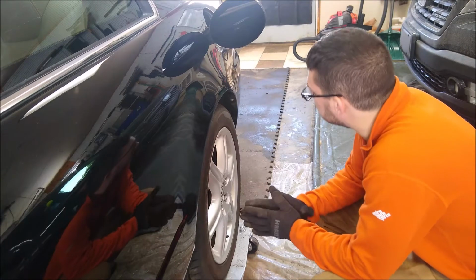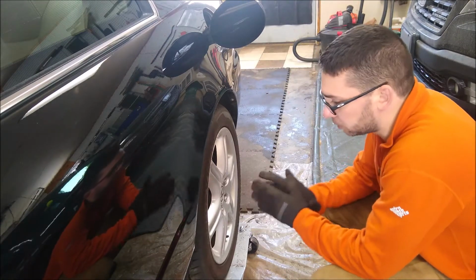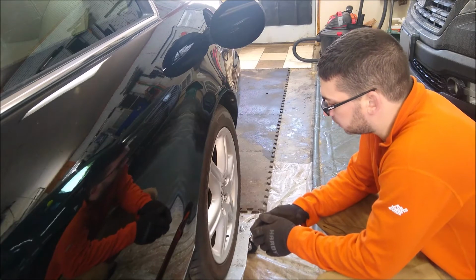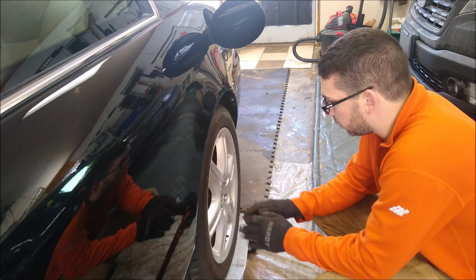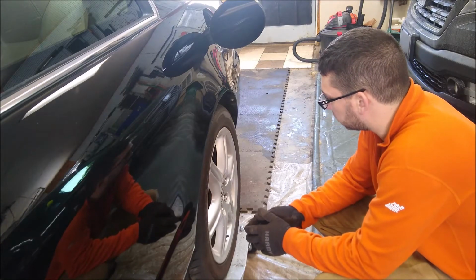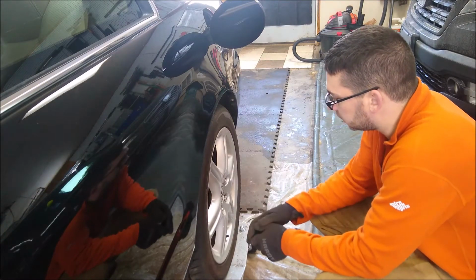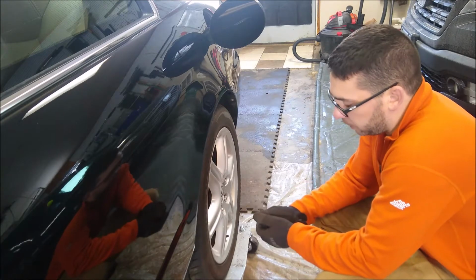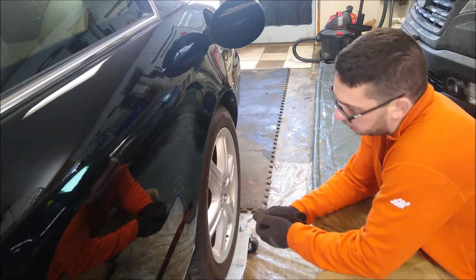Place to start with this is removing the rear wheel here. Because this car is in storage currently, we have it on casters, so what we're going to have to do here is jack it up, like you normally would, remove the wheel, and then scoot the dolly out of the way, and then support it on its subframe